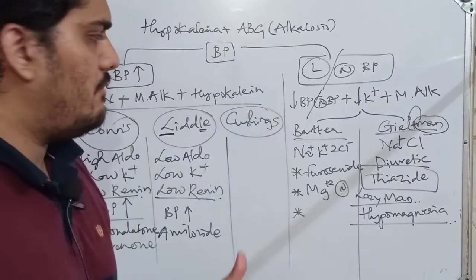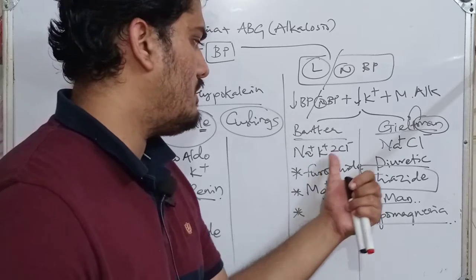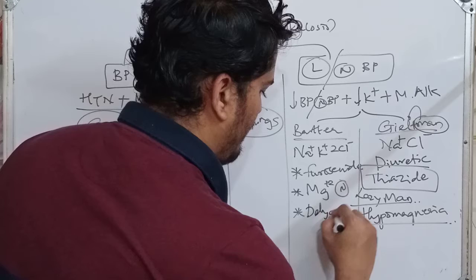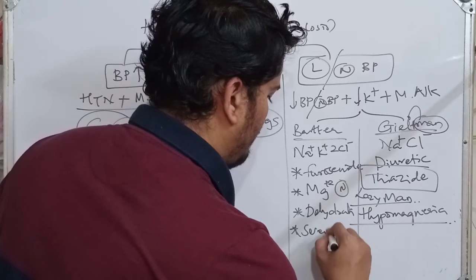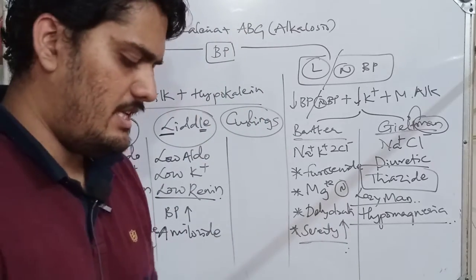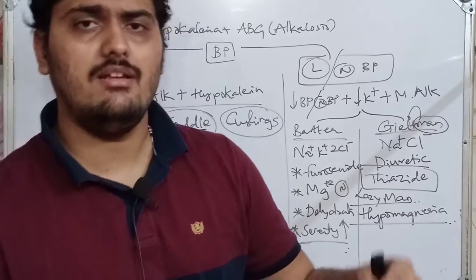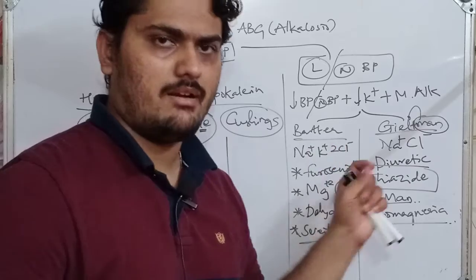The only problem here is excessive loss of sodium, potassium, 2-chloride. So the dehydration is very severe. So the severity of the disease is very high. So if the clinical spectrum says that the patient is having an excessive amount of fluid loss and typical features of severe dehydration, then the diagnosis goes towards Bartter syndrome.